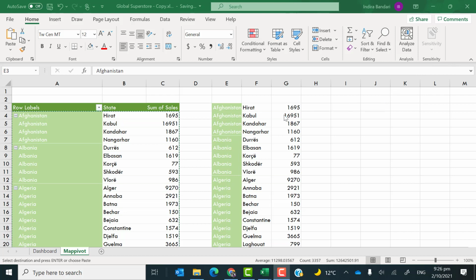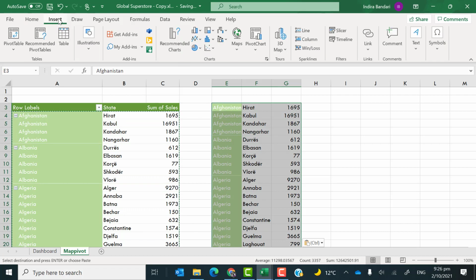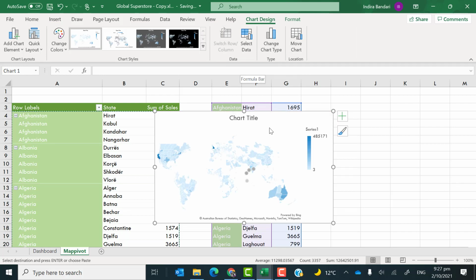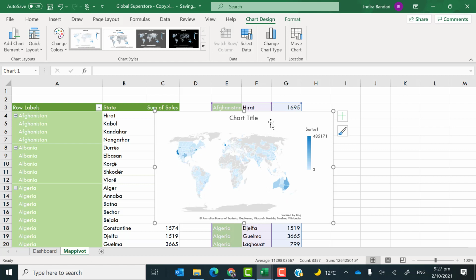Now what I'll do is insert a map chart. So I go to insert, and there is 3D maps here. No, not the 3D maps, but the maps inside the charts, and then I will insert a filled map here,